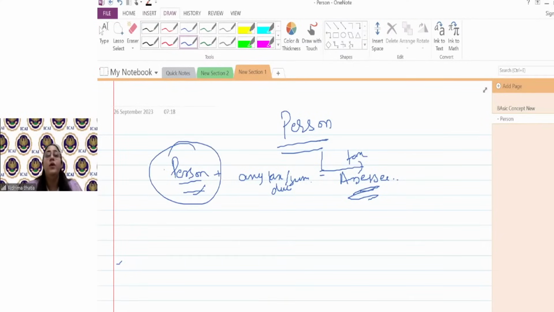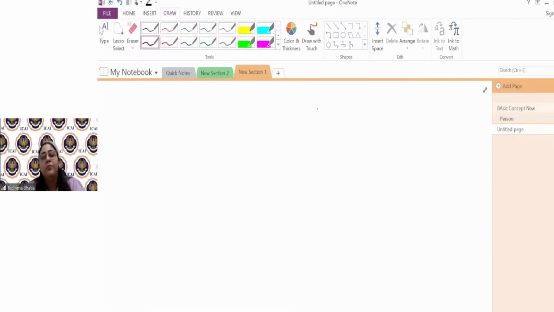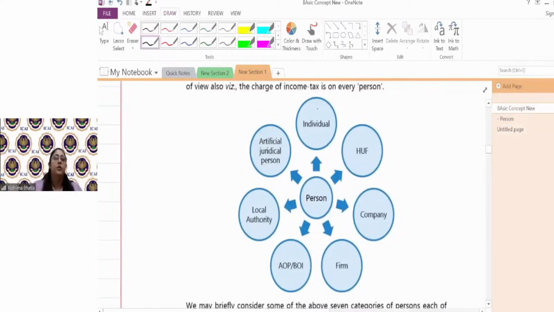But the question now we are understanding is, what is a person actually? Whom do we refer to as a person? That is what our focus is about now. So friend, person का category is not one. हम पर्सन को क्या समझते हैं? मैं और आप चलते फिरते ह्यूमन बींग्स, राइट? ह्यूमन बींग्स को भी कॉल पर्सन। बट इनकम टैक्स एक्ट में पर्सन आर 7 different types.